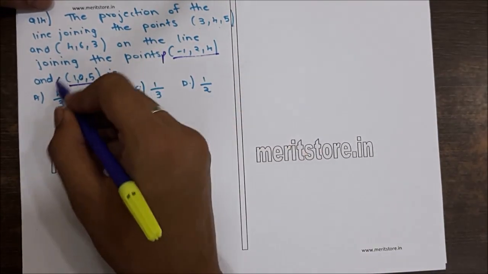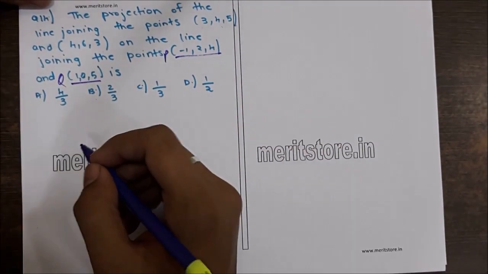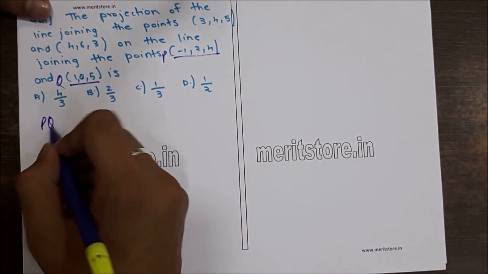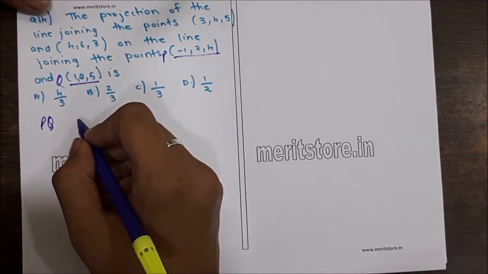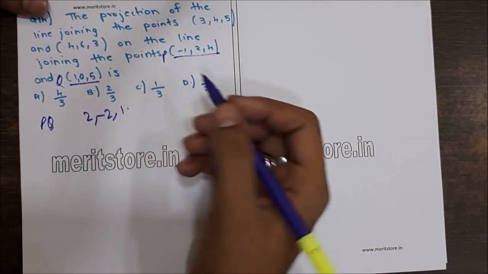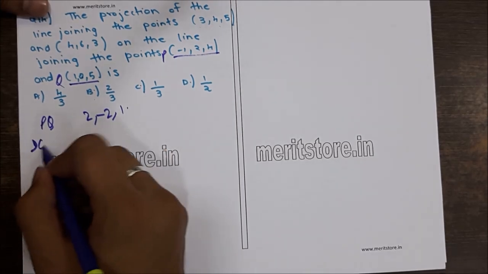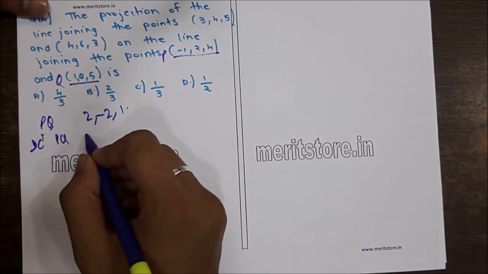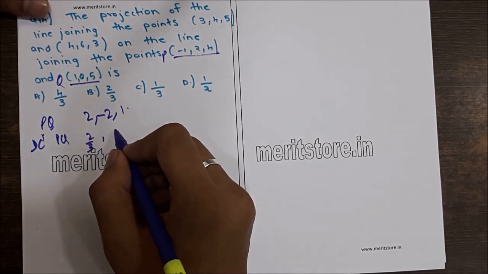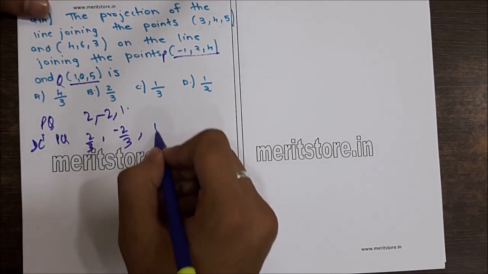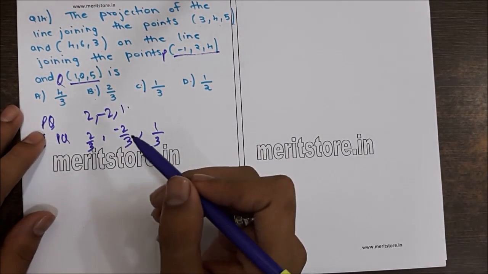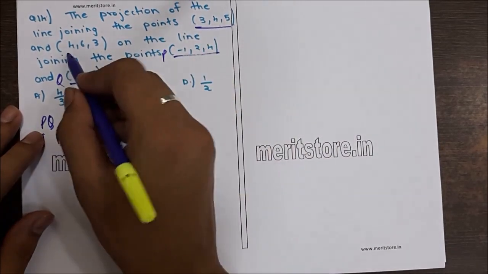Now the direction ratios of PQ would be 2, minus 2 and 1, and their direction cosines would be 2 by 3, minus 2 by 3 and 1 by 3. Now the projection of the line joining point A and B